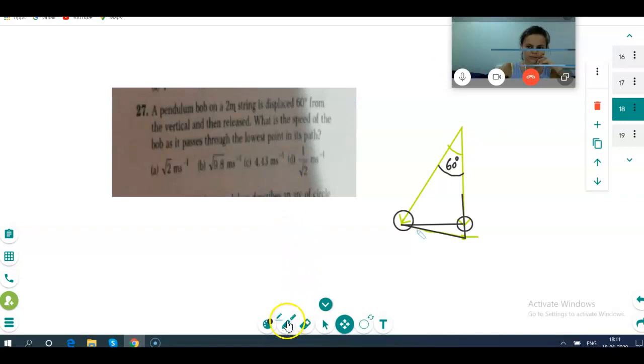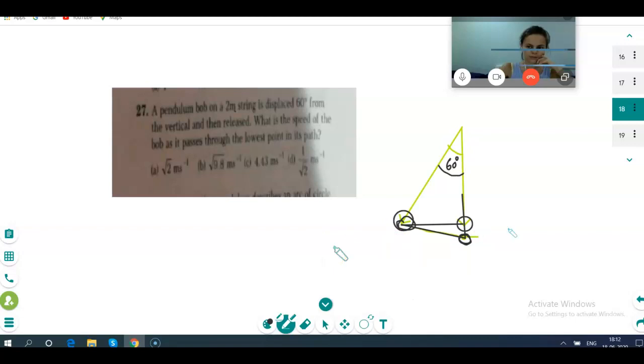Which one? This one, 27. Okay. This is also connected to this, right? Yes, you are right. Please tell me, the pendulum bob is started at 2 meter displacement, 60 degree, correct? How much height has it gone from the lowest point? What is the difference of this height and this height? Think and then tell me.